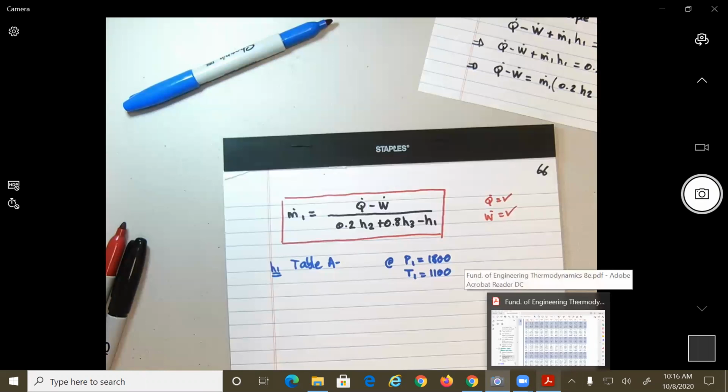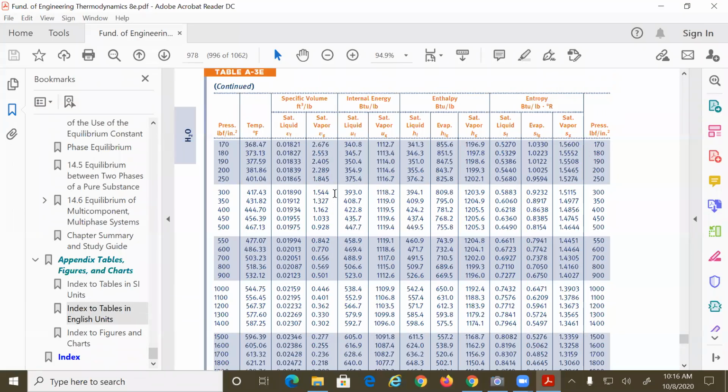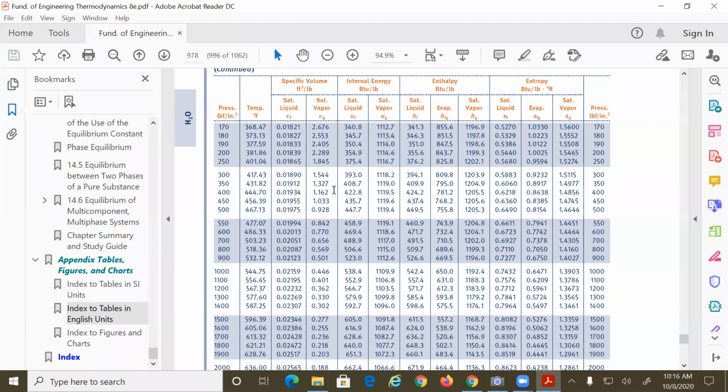Vapor or gas. So basically we can come here, this is table, I guess, A3E, all right? Yeah, so from table A3E, you find that T saturation is equal to 621.21,